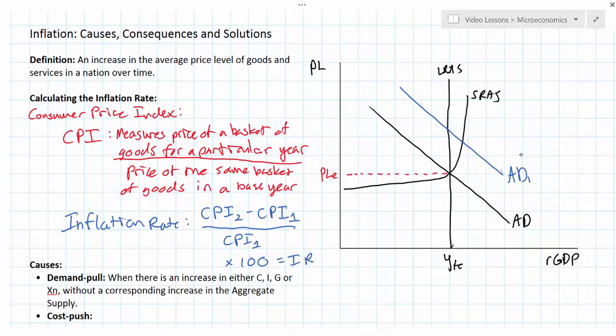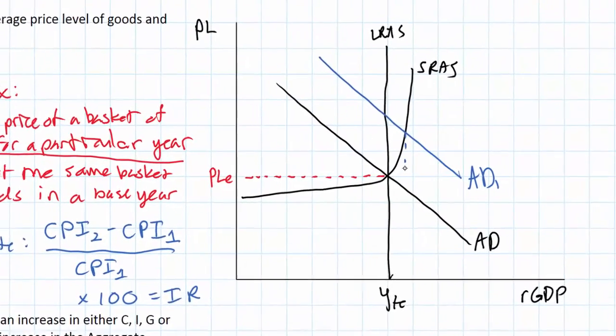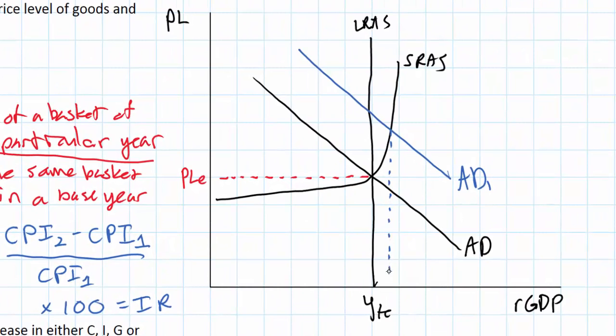All it does is create more demand for the nation's goods and services. So as we can see, there is a movement along the short-run aggregate supply curve, causing a short-run increase in output to a level beyond full employment. I'll call this Y1. But due to the increasing scarcity of resources and the increased demand for the output produced in the nation, there is inflation. We see price levels rise to PL1, and this is what we call demand